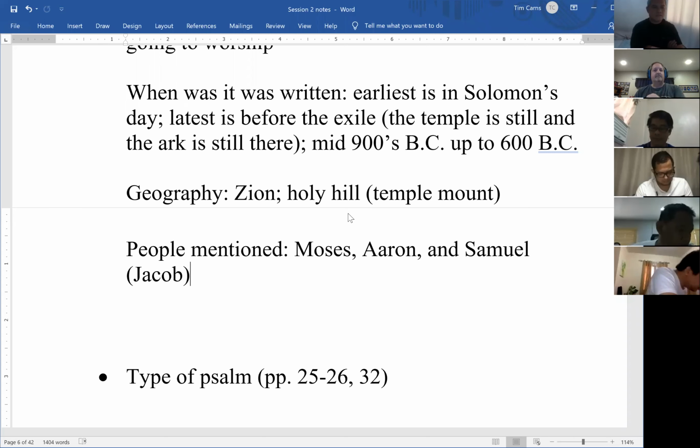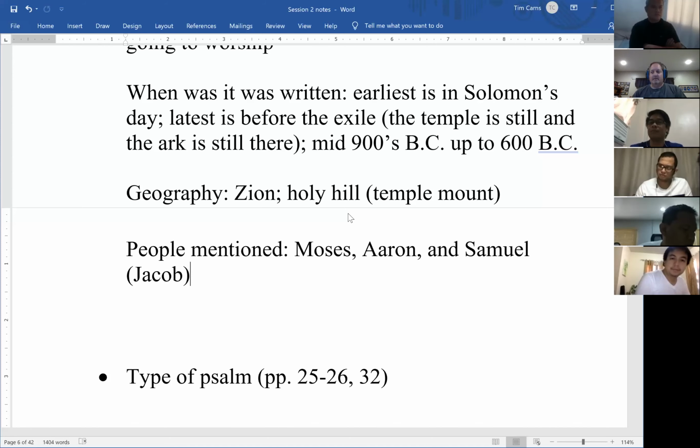Samuel was a prophet. God had been silent for many decades until Samuel came. He was the last judge, and he ushered in the time of the kings. He's the link between the judges and the kings, so Samuel is very important. And then, of course, Jacob is the father of the nation of Israel. So one thing to keep in mind as we study the psalm is why these particular men are mentioned. Why not Abraham? Why not David? Why not some other well-known individual? We don't have to answer that right now, but we need to pay attention and take note of it.